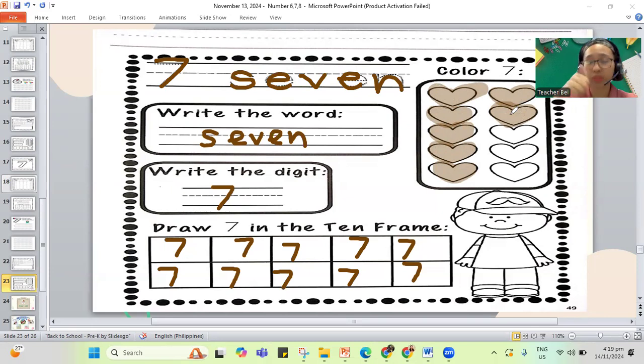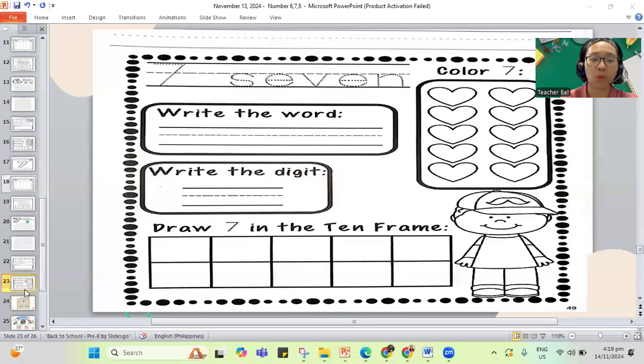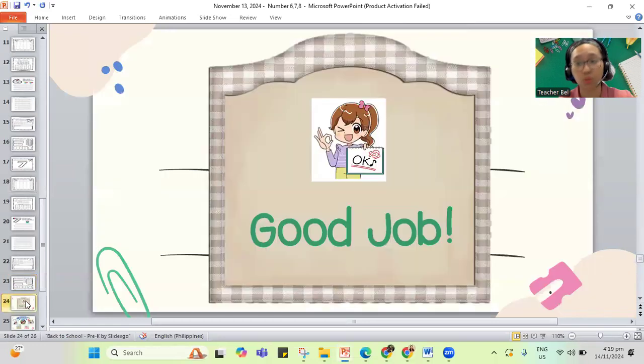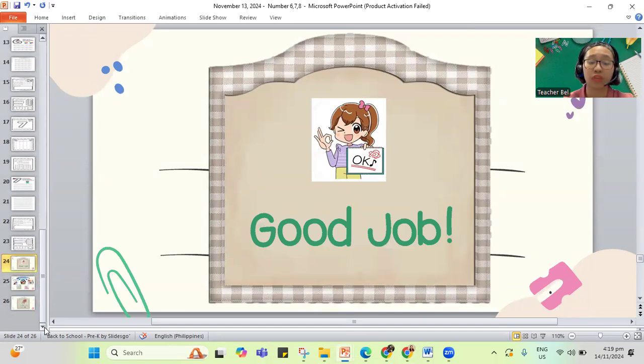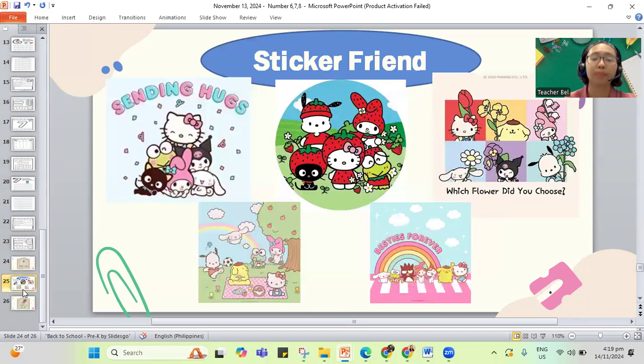Are you done with this one? I love to erase first the writings on the screen, Zainab. And how about I show you what a good job you did if you finished the work for today. Thank you for finishing the work today. If you finished it, Zainab, you need to look for the sticker friend that you want. So I have here the sticker friends. You get to choose one and see we have all the Sanrio friends.